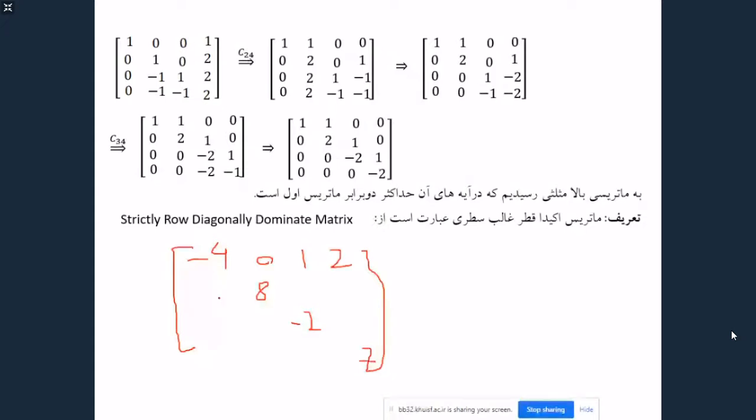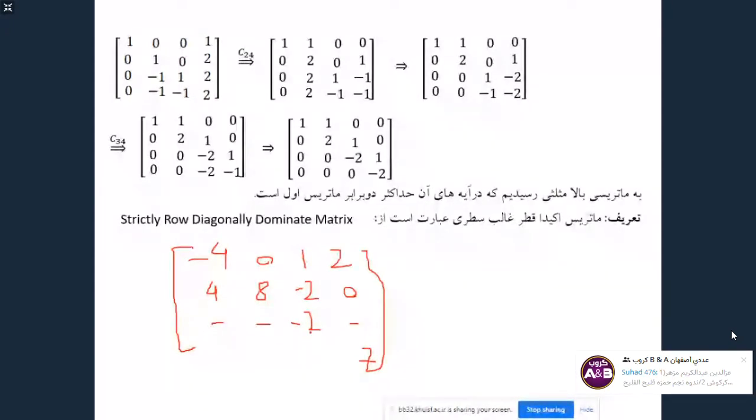So all entries that I will write here must be less than 8. For example, here we can write 4, minus 2 and 0. All entries, this one, and this one must be less than 2. So if I write 1 here,